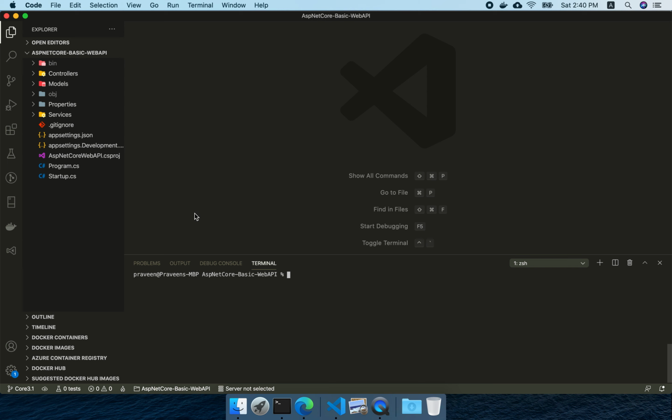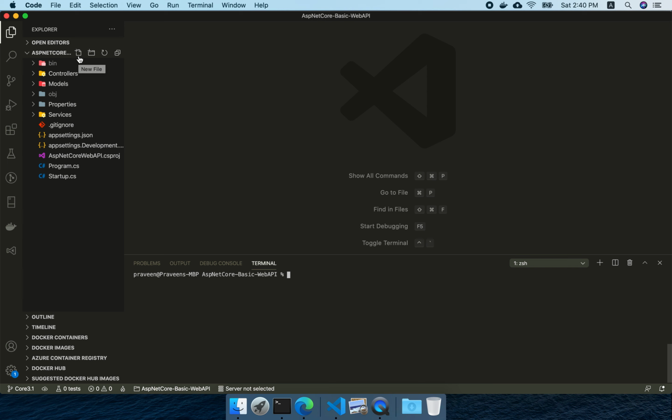So the first step we have to do is create a Dockerfile in our source folder. Before that, I assume that whoever is watching knows the basics of Docker and how it works. So I'm not going to explain here what Docker is.